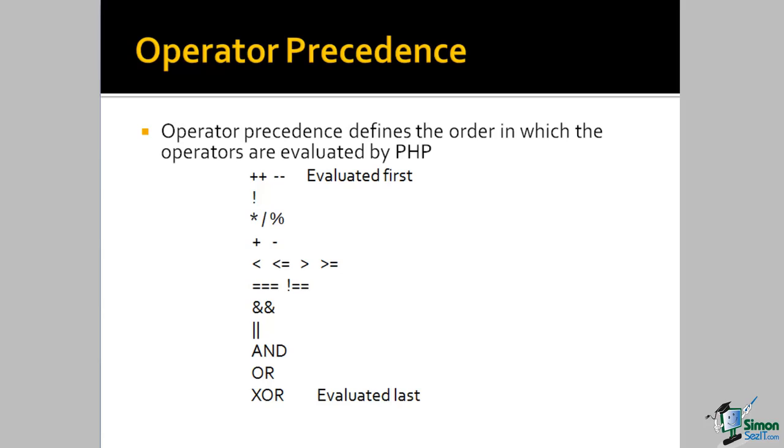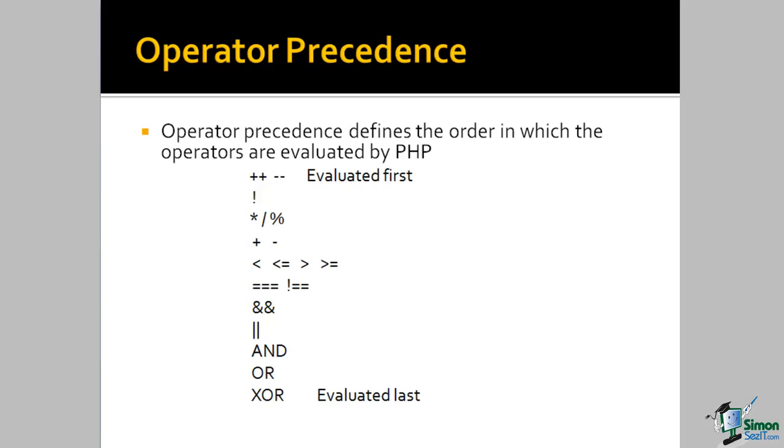Now remember that precedence, the order that things execute in or will be evaluated in, can be overridden with parentheses. No matter what the defined order of precedence for an operator is within PHP, we can override that by the